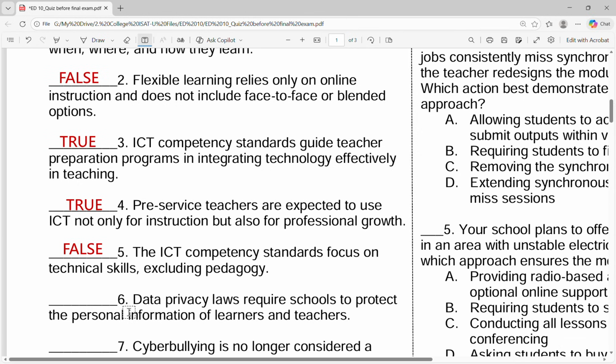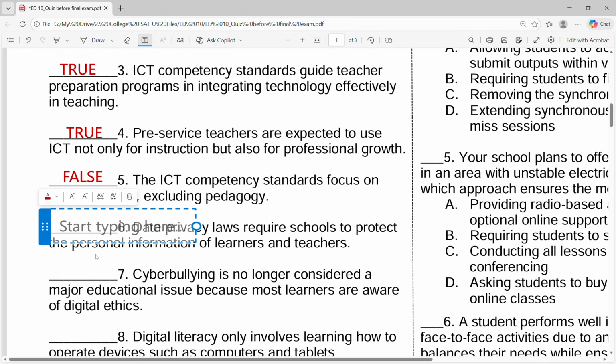Now let's proceed to number six. Data privacy laws require schools to protect the personal information of learners and teachers. Of course, the answer is true. We had a lot of case studies presented by various groups last time during our activity. So I emphasized to you before I ended the class that there are many laws that we could violate